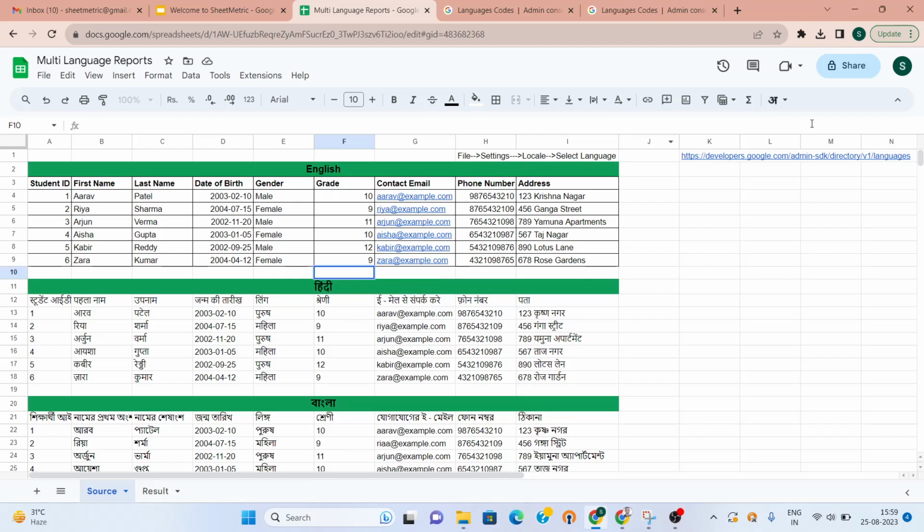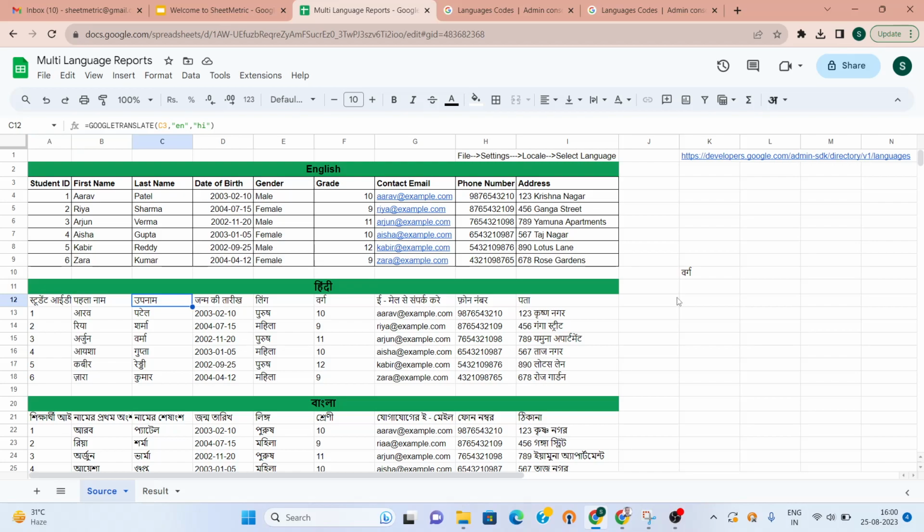Sorry, just one. Okay, so I want to write it like this. The equal to will not be there. So I have written it like this, and then I will copy it, and then I will paste it here. Okay, so that way you can change any of the words in the target language, like for example here